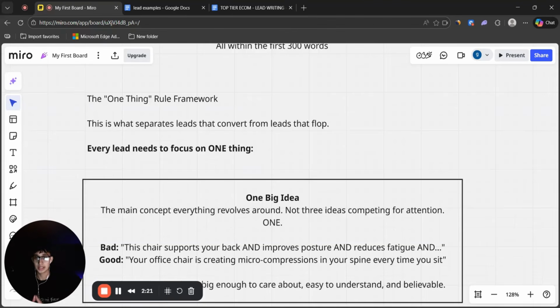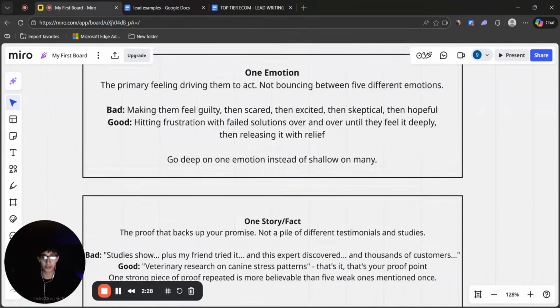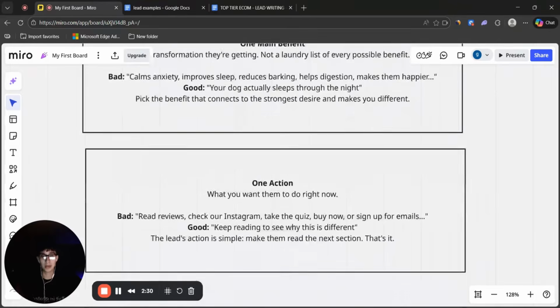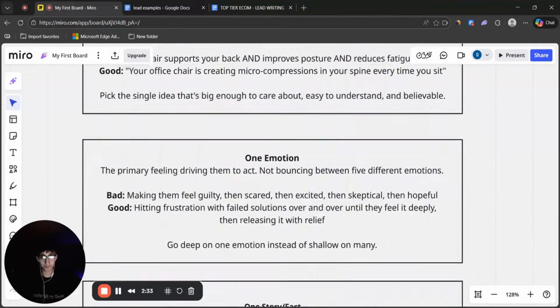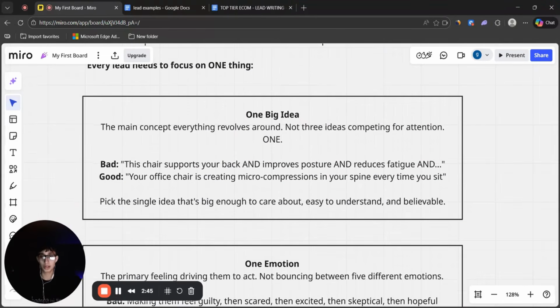Every lead needs to focus on one thing. I'll go over them, but it's one big idea, one emotion, one story or one fact, one main benefit, one action. One big idea is the main concept that everything revolves around, not three ideas competing for attention. A bad example of a text that's not following the one big idea rule would be: this chair supports your back and improves posture and reduces fatigue and